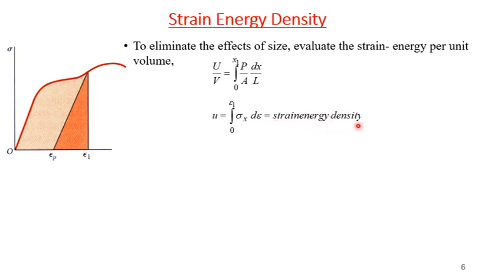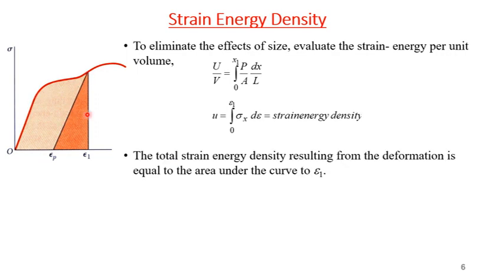It is how much strain energy per unit volume is required to produce a certain deformation. Now, if we deform it till the plastic limit, or let's suppose over here, the strain will come back to this point epsilon P. This triangular region of energy is recoverable, but this other energy is non-recoverable, and that will cause